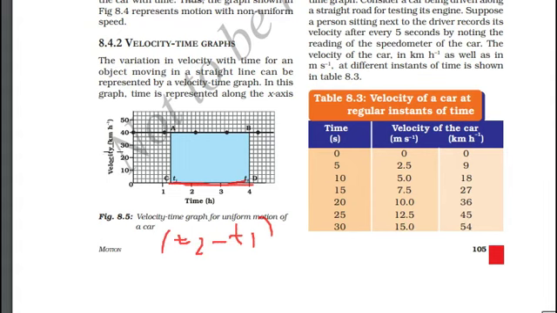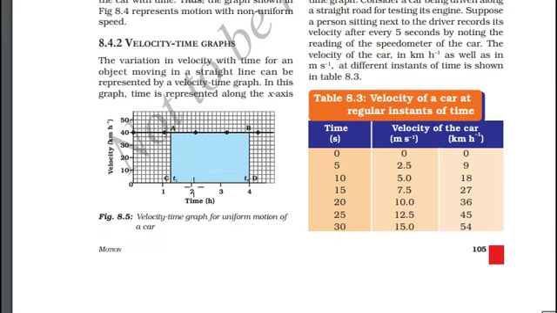You can notice that the object is moving at 40 km per hour and it is uniform throughout the timeline. So the length of the vertical axis from this point to this is 40. So the distance travelled by an object between the time interval t1 and t2 with the constant velocity of 40 km per hour is 40 times t2 minus t1. So basically we are calculating the area of this rectangle.